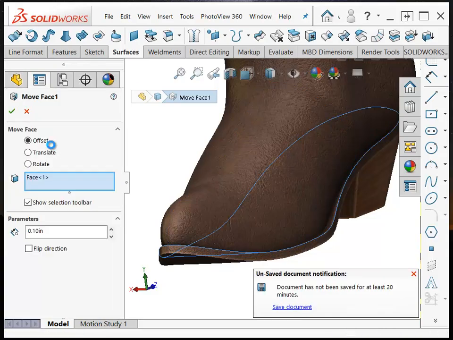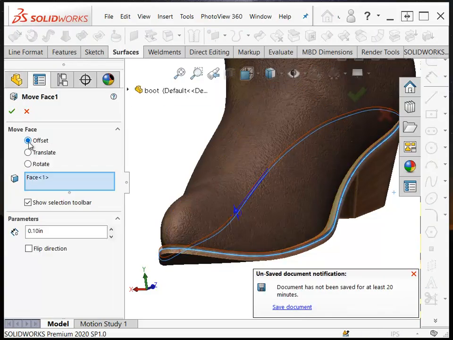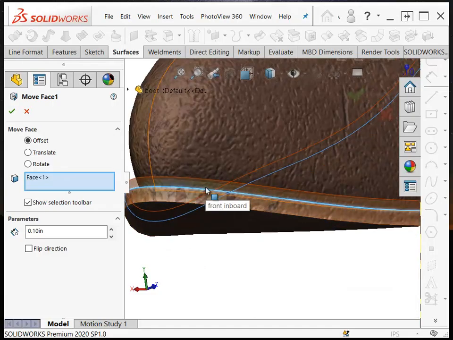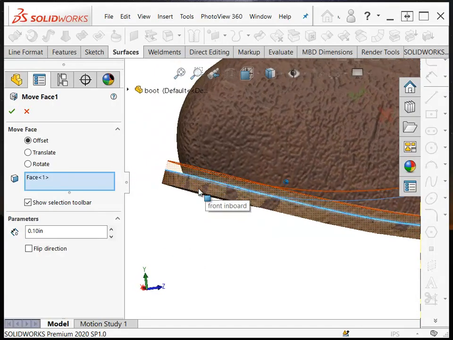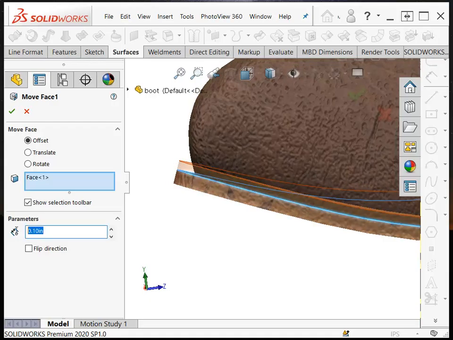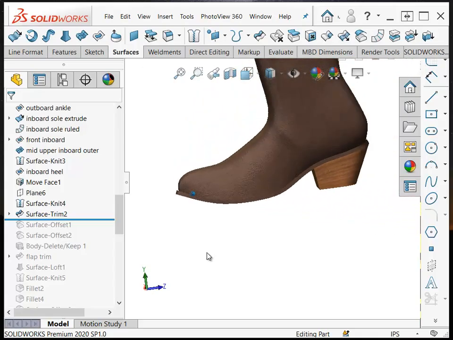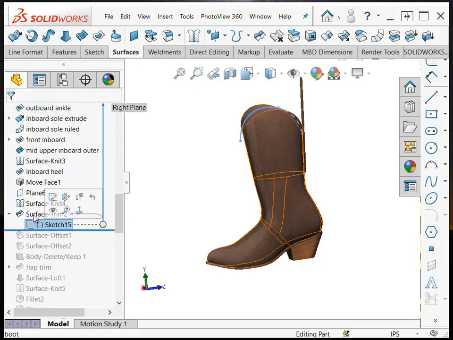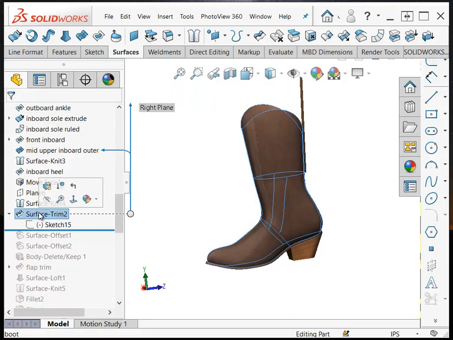But if we look at the feature, there's an option in here to offset, so you can see where the sole was and then where it is now if I offset it by 1/10 of an inch. Okay, let's take a look at what this trim is about. This trim is the boot trim at the top,